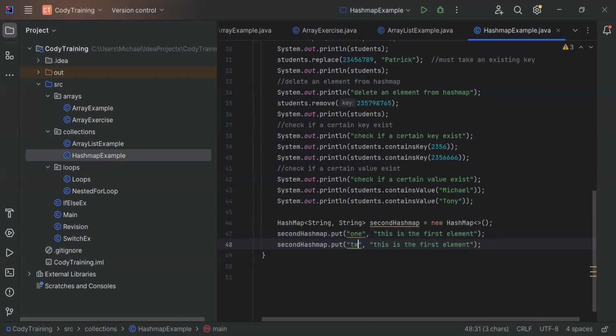Here two, this is the second element. Here, if I print this second hash map,